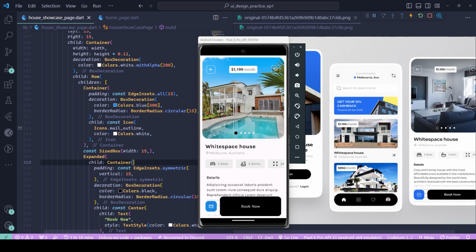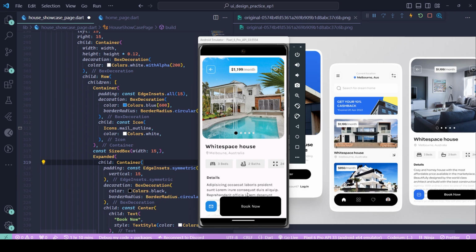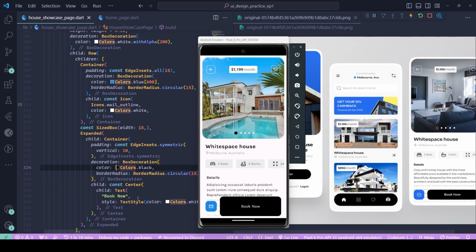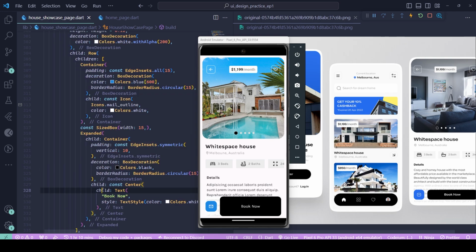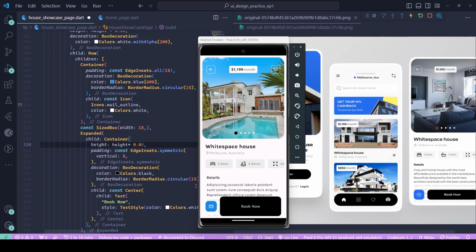And let's just change the height. So the height can be, or let's do the same thing we did over here. So the vertical, let's just set the vertical to be 10. All right, nothing changed. I'm wondering why. So let's say if not 10, let's say 5. All right, it's not changing. So maybe I had to say the height. I want the height to be, let's say, height times 0.08,